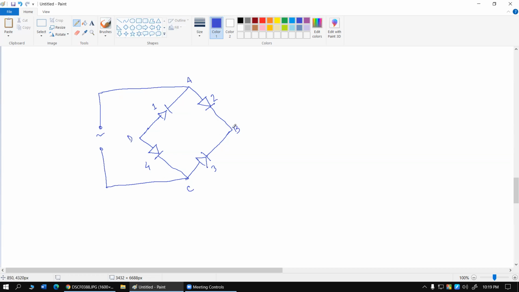And then we're going to take the output from the two other corners. So let's say this is going to be one of our output points, and this is going to be one of our other output points. Important for you to observe, this is an overlap. There is no node over here. And right over here, we're going to attach our load resistance. ঠিক আছে, এবং এই লোড রেজিস্ট্যান্সের অ্যাক্রসে মনে করো আমরা এখানে আরেকটা সিআরও লাগায় রাখছি দেখার জন্য যে এখানে আমাদের আউটপুট ভোল্টেজের শেপ কেমন হয়।